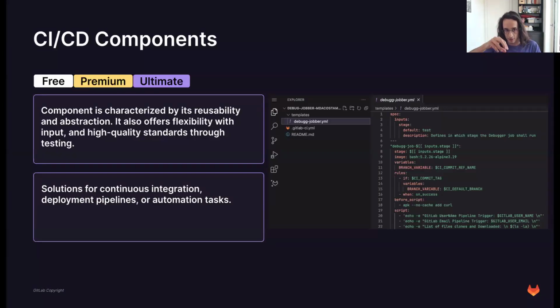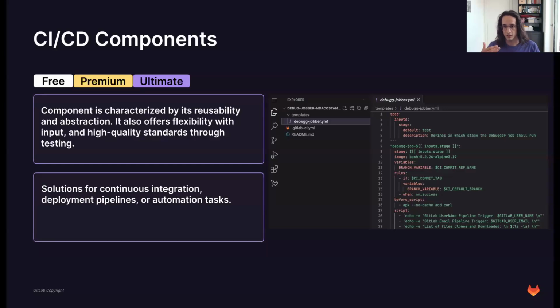But coming to the building piece here, the component is basically an evolution of our CI/CD templates. It's so visible if you go to the documentation. We have a documented tutorial about how to migrate from CI/CD templates to CI/CD components.